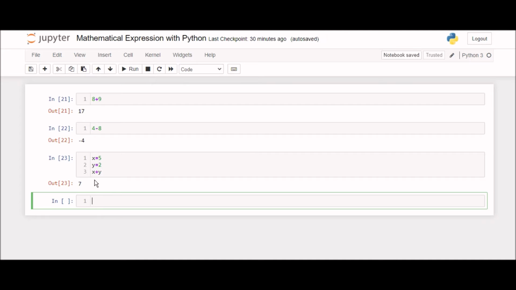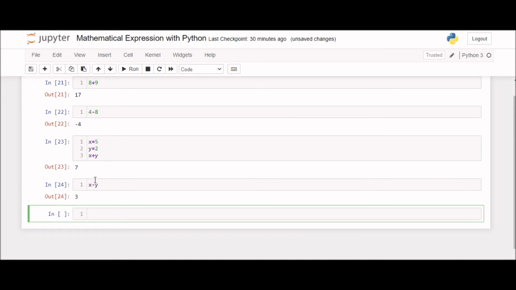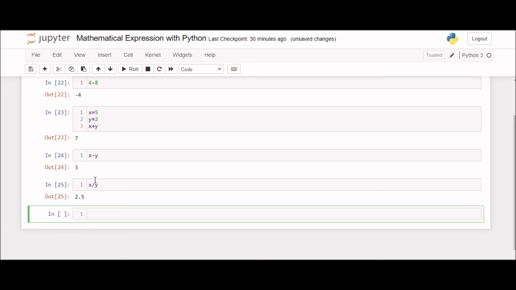Okay, let's move further. For example, I'm typing x minus y, shift plus enter, is equal to 3. Now I'm typing x slash y, shift plus enter to run the code. Output is 2.5 with the help of single slash. So here the output includes floating values like 0.5, 3.5.